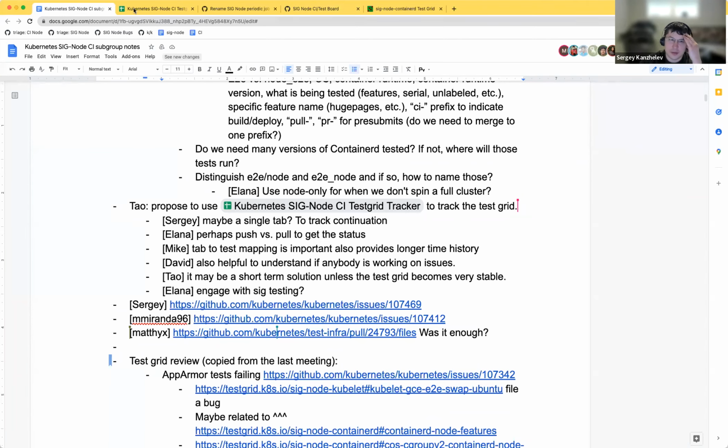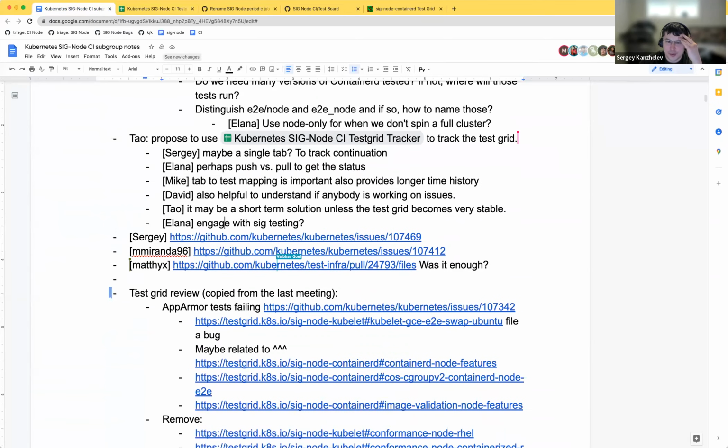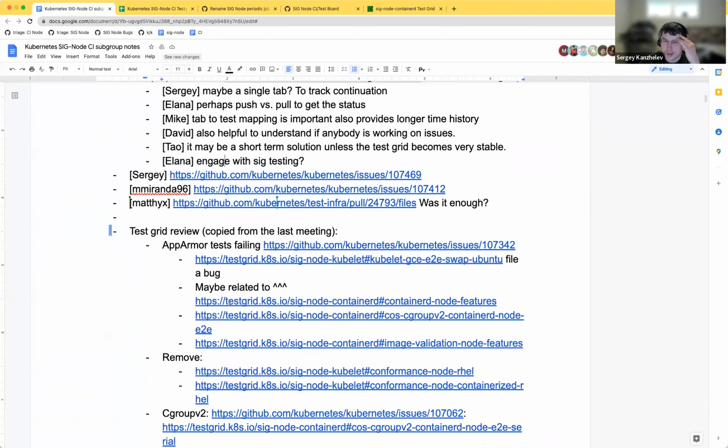I think we can start to iterate on this board and see if it's helpful. I posted this list of issues from last time, and it will be interesting. It will be much nicer if, instead of checking the test grids after an issue is solved, we just see green now, and we see a period of time when it's red, maybe one week red and the next week already fixed. That would be a good indication that we saw the failure, created an issue, it got resolved, and we got back to green.